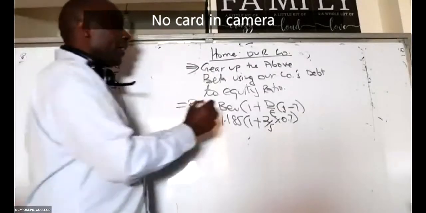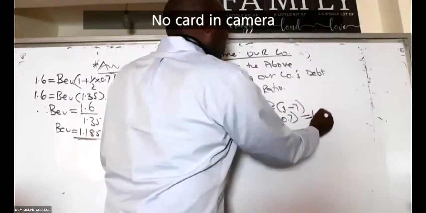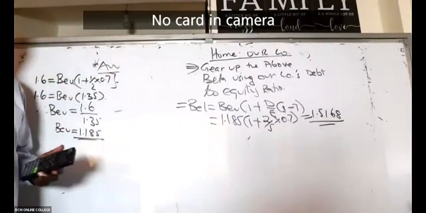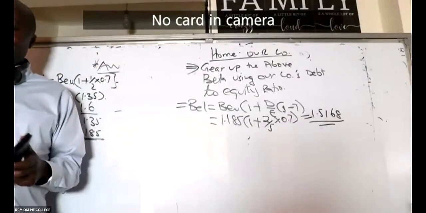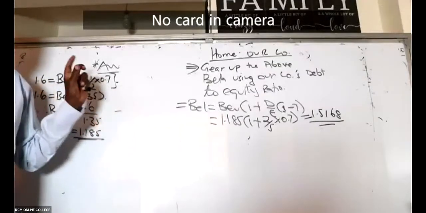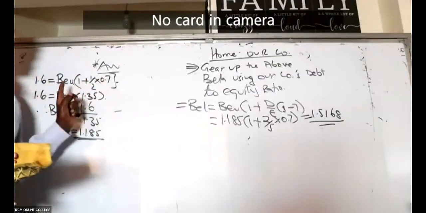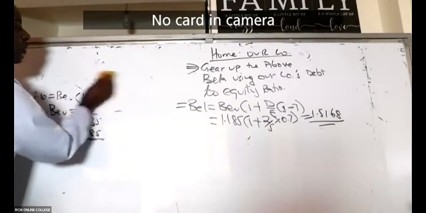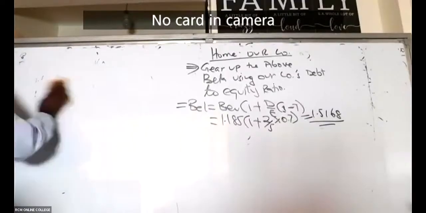1.5168. Nancy is confirming the same. 1.5168. So is that correct up to here? Now remember, everything is home now. Everything is home. Now we are not going away again. We're not going to make reference to the old company, to the new company. Now everything is home. Now after I've gotten the beta, the third step is for you